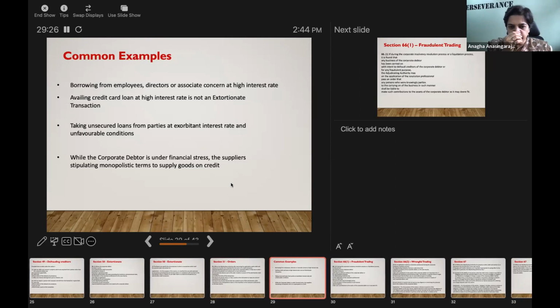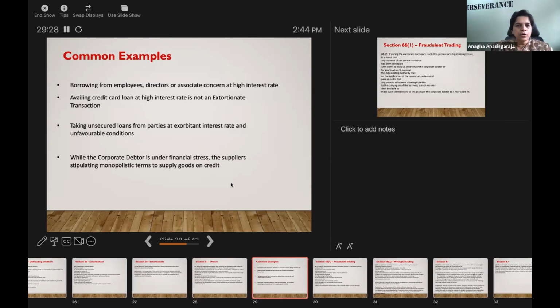Now, certain examples of extortionate credit transaction could be borrowing from employees, directors, or associate concerns at higher interest rates. Availing credit card loans at high interest rate is not an extortionate transaction, because that is the terms of service as per the credit card company, whatever the transaction may be with the CD. Taking unsecured loans from parties at exorbitant interest rates and on unfavorable conditions. And while the CD is under financial stress, the supplier stipulating monopolistic terms to supply the goods on credit, that also can be a potential extortionate credit transaction, where some people say that unless they pay cash upfront,